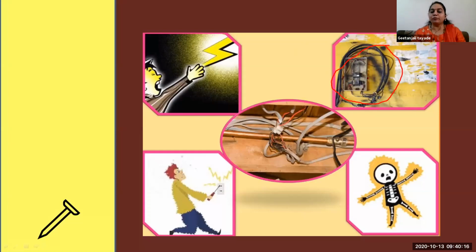Not even an electrical pole in the rainy season, because what happens is, by chance if any wire is open, then electrical charge is running through that electrical pole also, and if you touch that pole, then the charge will enter our body, and that will again damage our body, and many times the body gets paralyzed. And if the shock is very large, that means the electrical charge is very heavy, then the person dies. So you have to take care of that.